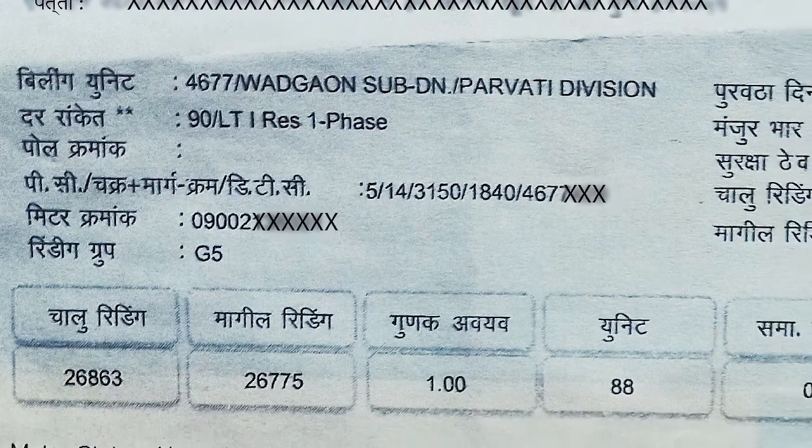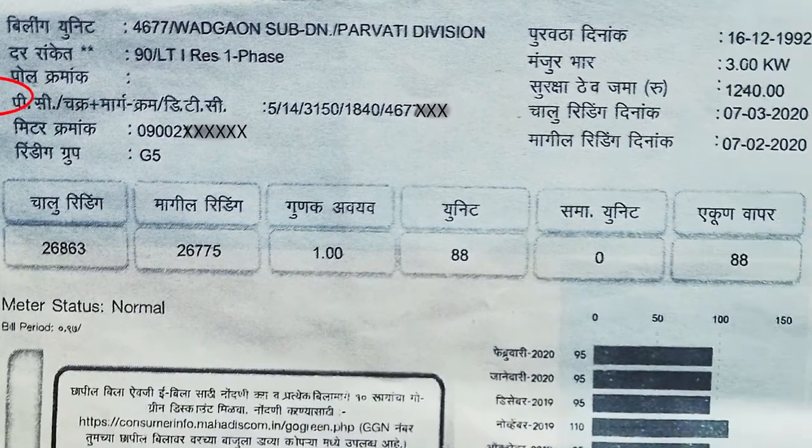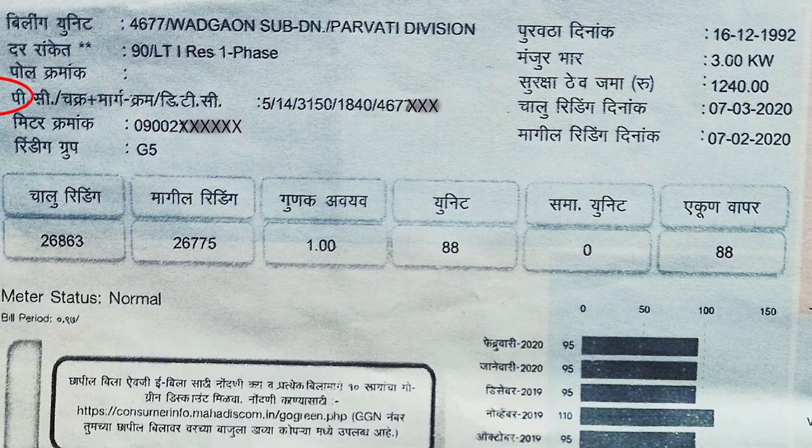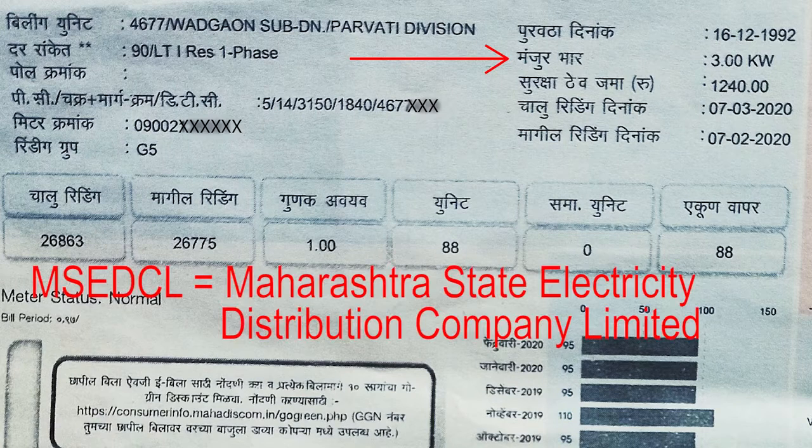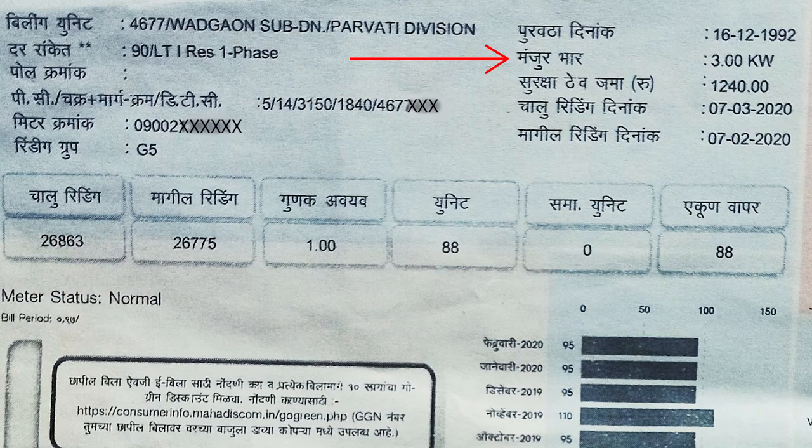Next, we shall understand the process cycle. The distribution of bill to the consumer is done according to this process cycle. This helps the bill collection center. The DTC stands for distribution code. Then meter number is mentioned. The maximum demand mentioned here is sanctioned demand from MSEDCL, Maharashtra State Electricity Distribution Company Limited, to this consumer.